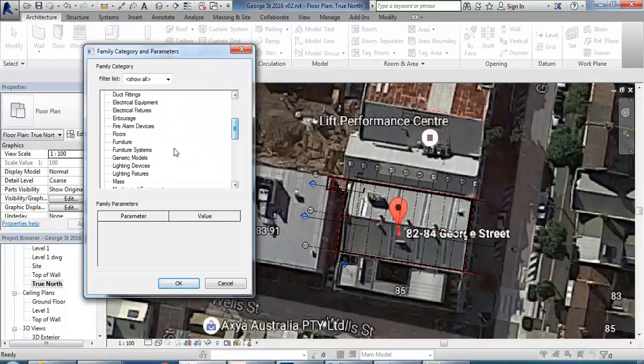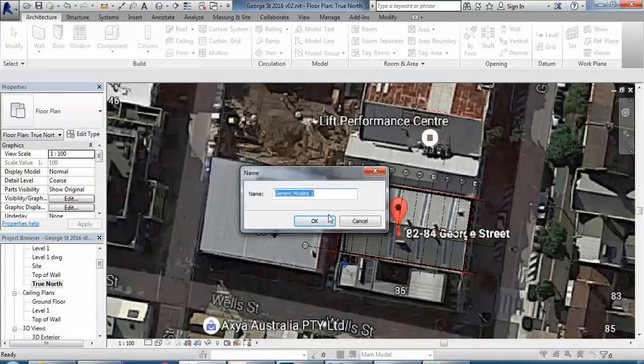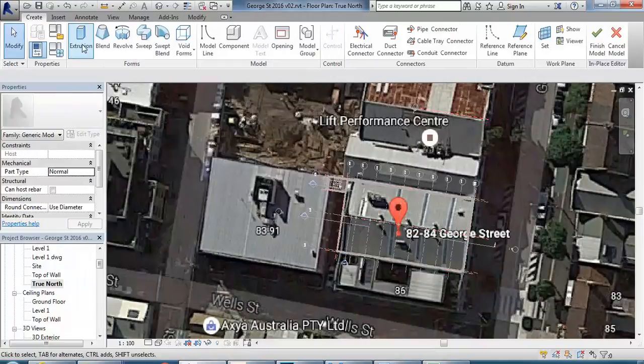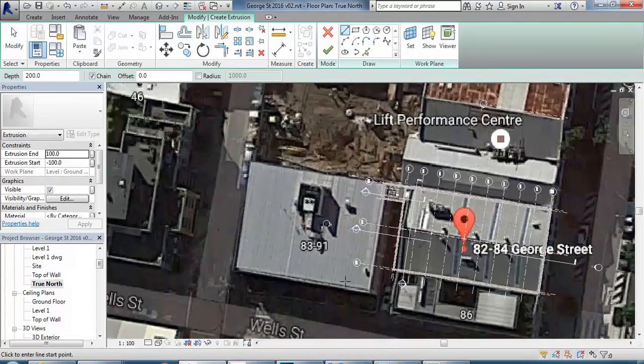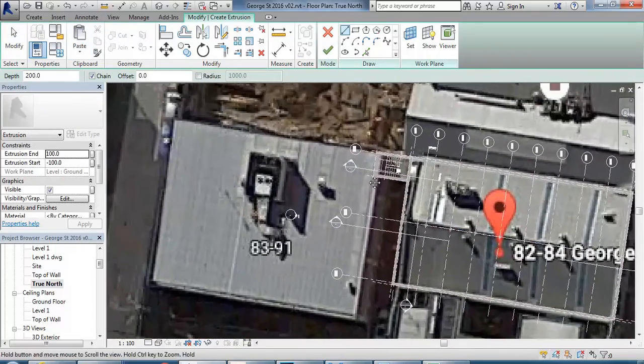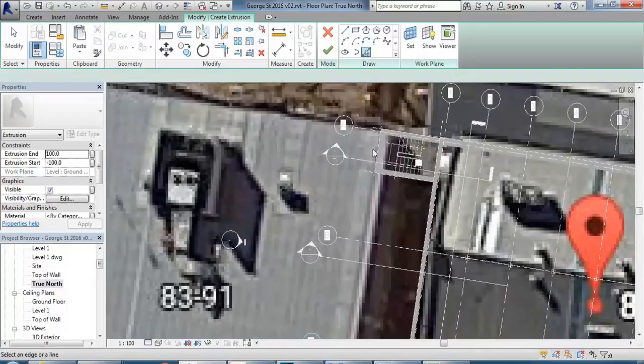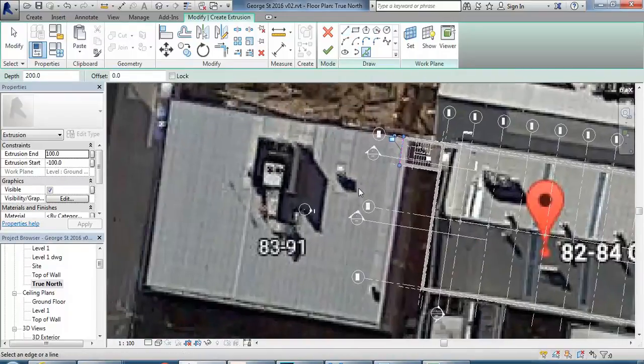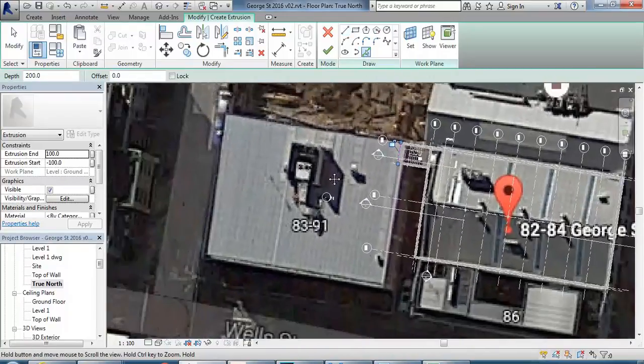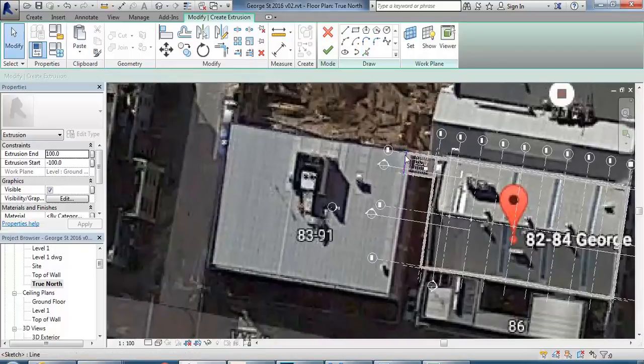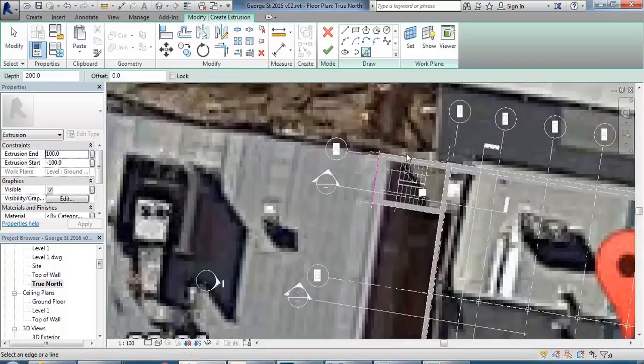Probably just set generic models as the category. And then simply do extrusions. So maybe picking that wall there, and then actually in this one as well,